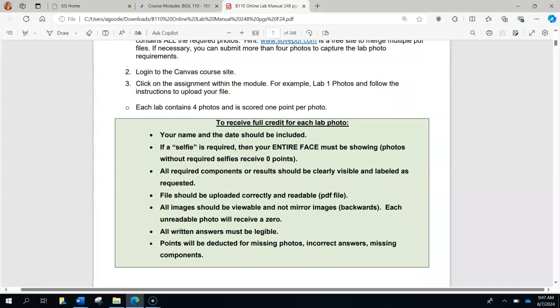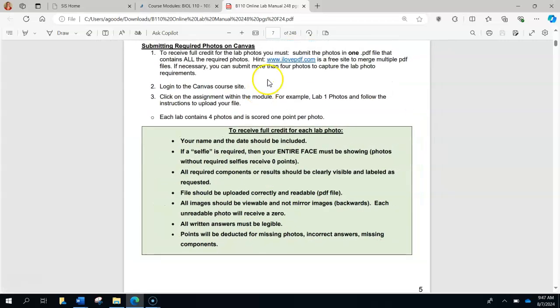All right, so how do we submit these photos? And what are the requirements? As I mentioned, PDF is the file version that I need. And I want 1 file per lesson, so per week usually. To merge them, if you don't already know, just go to this free website, www.ilovepdf.com, and it will merge all your photos. It's super easy. You save them, you upload it to Canvas, which I'll show you, and then you're good to go. It is 4 photos per lab,